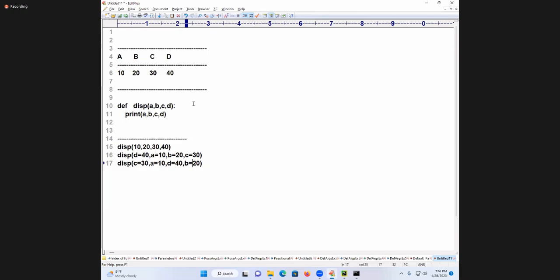When do you use this in real time? My team leader developed a function. I know that he is taking 4 parameters, but I don't know in which order those parameters are available. What are the names? A, B, C, D. I don't know in which order he has taken them. I'm in a dilemma about the order, but I want to pass the data accurately. How do you pass it?